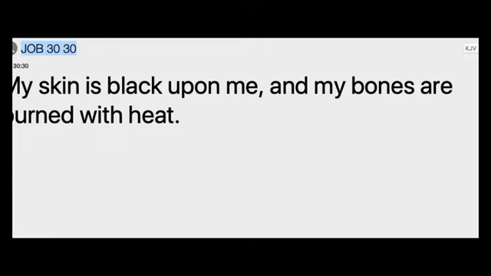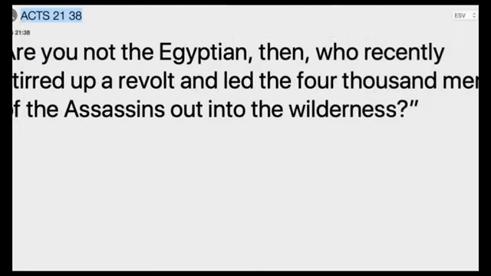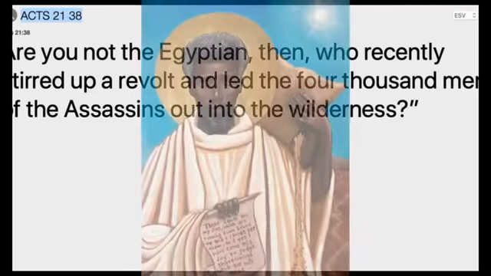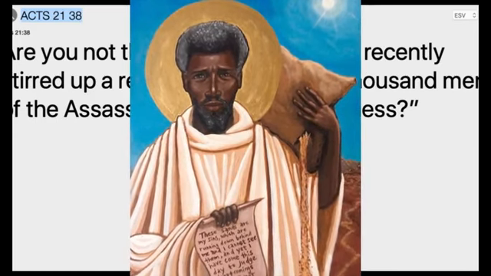So that's why the people that hang on to the Bible are the black people, the Bantus. They hang on to the Bible more than everybody else. You talk about God to a white person, nah, he's gonna look at you crazy. Boom. There you go again with another Israelite being mistaken for an Egyptian. This is a Greek person having a conversation with brother Paul, and he thought that brother Paul was the Egyptian that drove 4,000 men into the wilderness and murdered them. He confused him with an Egyptian.